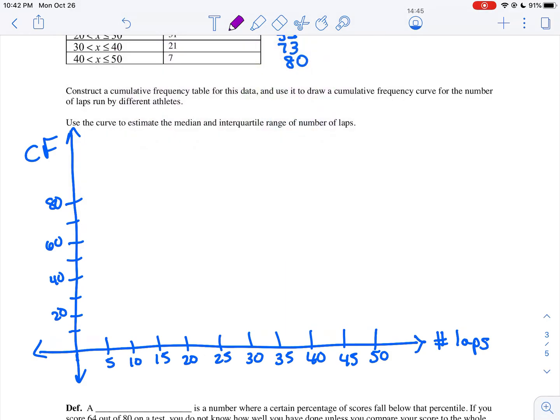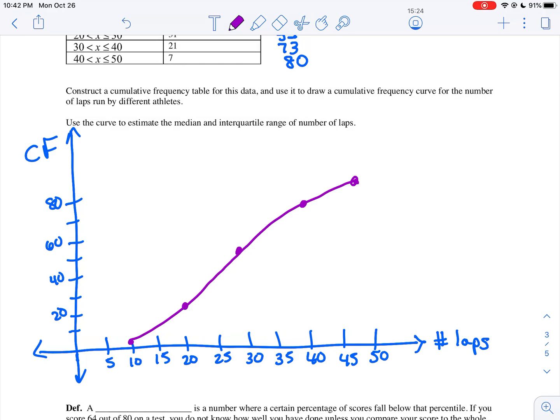So let me change colors, and I'm going to plot. At the end of 10 laps, we have 1. At the end of 20, we have 21. At the end of 30, we have, what, 52. At the end of 40, we have 73. And at the end of 50, we have 80. So you can kind of tell